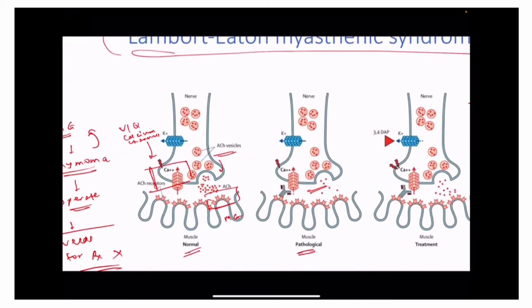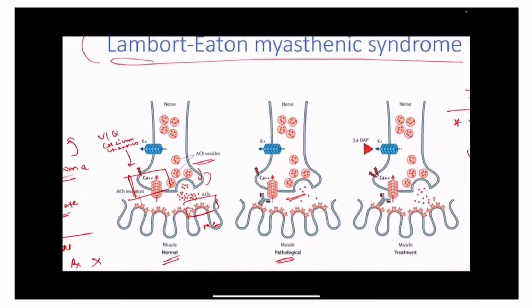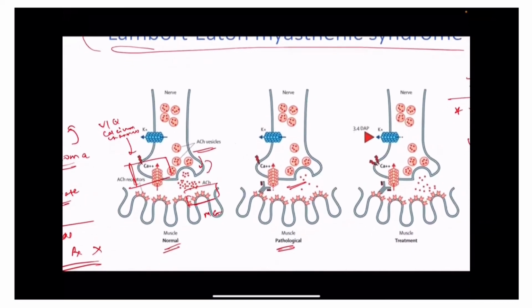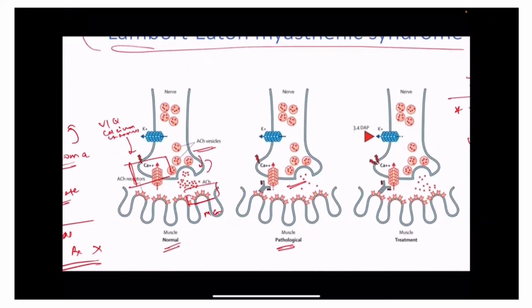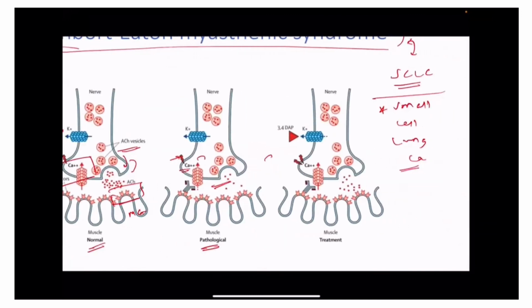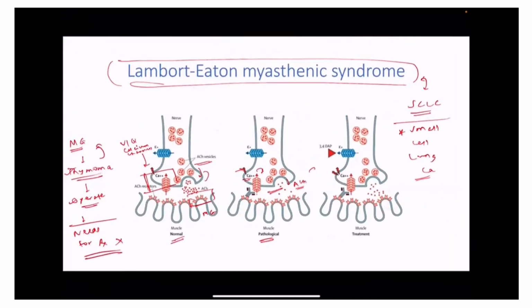See, in the muscle pathology, this was normal, wherein the calcium channels were okay. Calcium was going inside the nerve end plate, and because of that, acetylcholine was getting released. But in Lambert-Eaton, antibodies are formed against these channels, so no calcium goes in. That is why no acetylcholine comes out. So calcium is basically an important thing for release of acetylcholine from the vesicles. So Lambert-Eaton, remember, is a syndrome against the voltage-gated calcium channels.